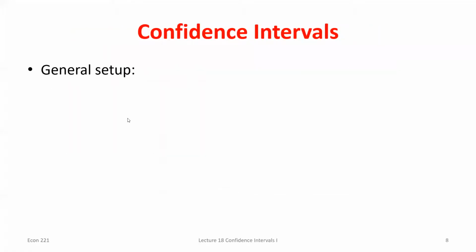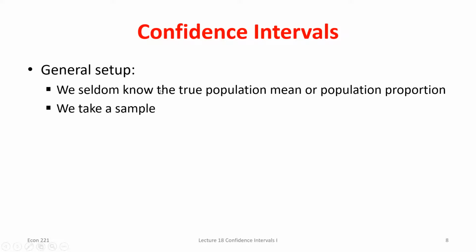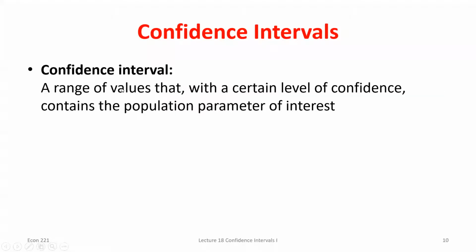Right? So what we're going to do is we're going to say, look, all I can observe is the sample mean I see from the one sample that I take. Right? Now, I'm going to then say, okay, look, I'm going to use what I found from my sample, but I'm going to give you a range of values that I can say with 90% confidence, the true population mean is somewhere in between this range of values based off of what I saw from my sample. Okay? So we don't know where it's at. We take a sample. We're going to want to give a range of possible values with a certain level of confidence that the true population mean is somewhere in this range of values.